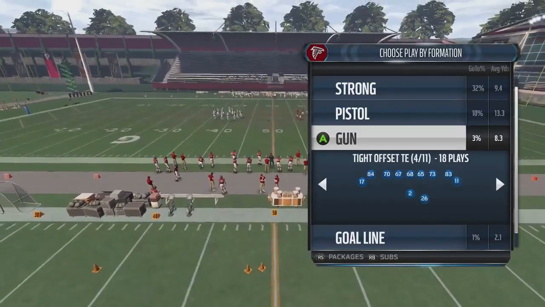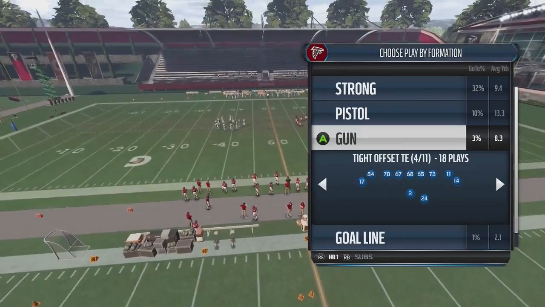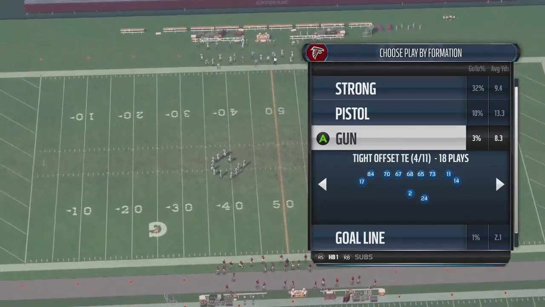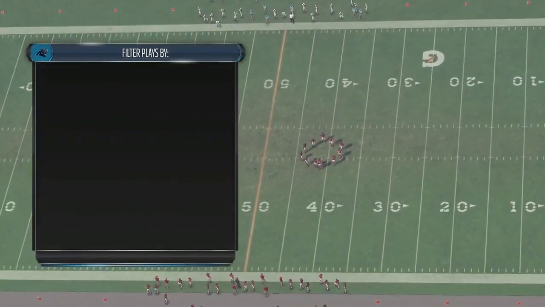As you can see here with this formation, I'm going to toggle it over one click to the right to make sure that it's the halfback one package, getting our running back in the backfield and our number one receiver in the slot right position like we've done for this entire series. I'm going to go ahead and call this play the Saints in,